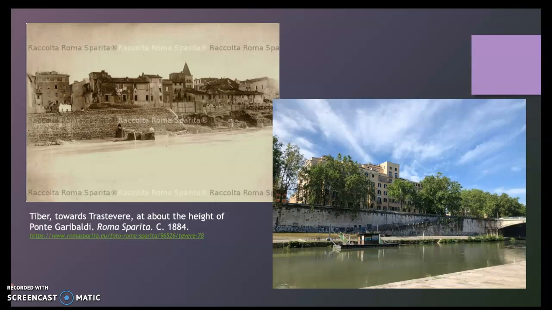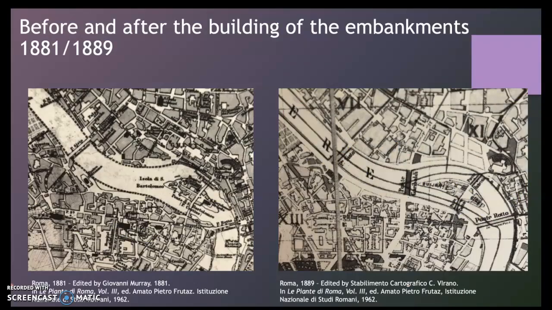embankments and the Lungotevere. Two plans of the city of Rome, created in 1881 and 1889, are especially useful in visualizing this change to the layout of the area of Trastevere surrounding where the Critelli building now stands. In his collection of the maps of Rome, Amato Frutas takes care to note that both of these plans were created with a focus on the urban developments and infrastructure which took place after 1870, and in particular on the